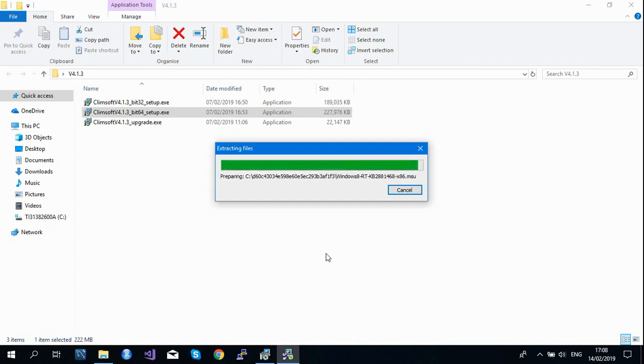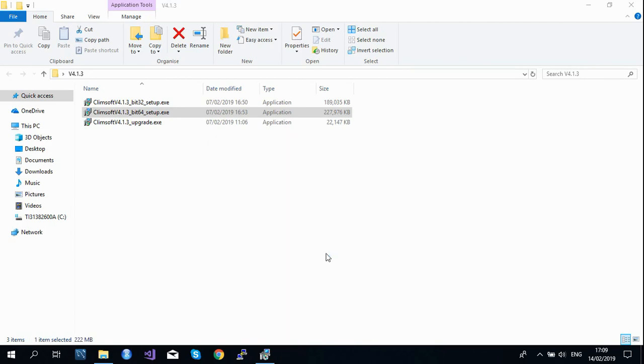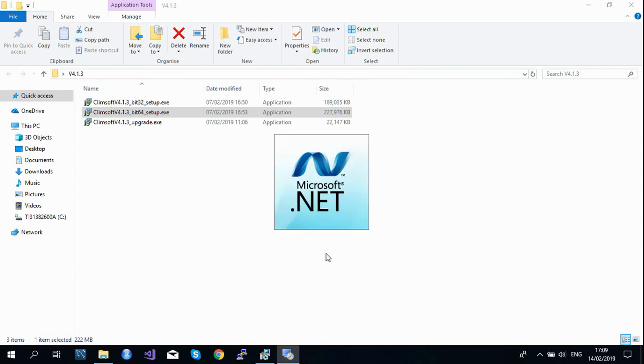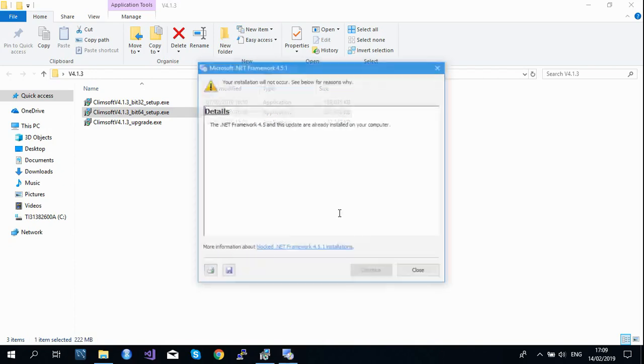So the system is extracting files for .NET Framework to start the installation. Now the installation is close. Wait for the system to start the installation. As you can see now, this is .NET Framework. The system is going to install .NET.